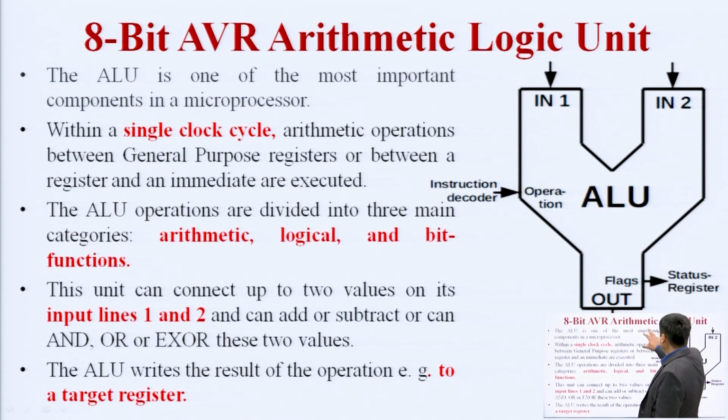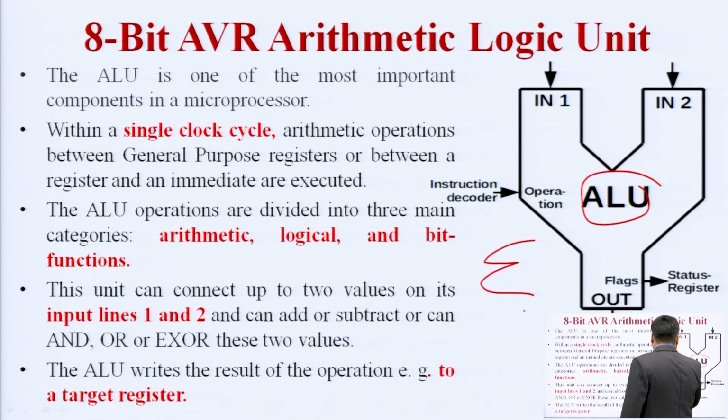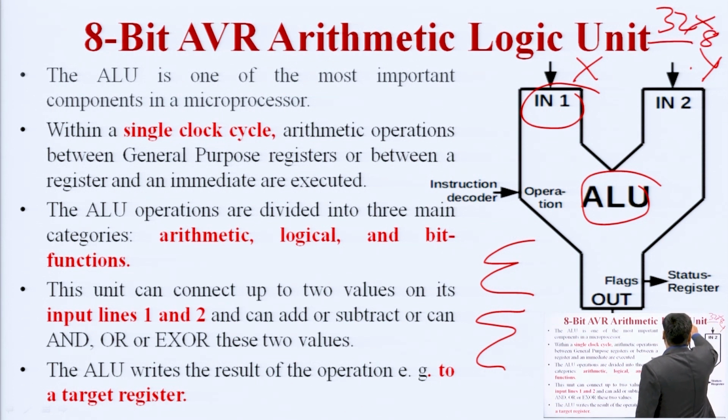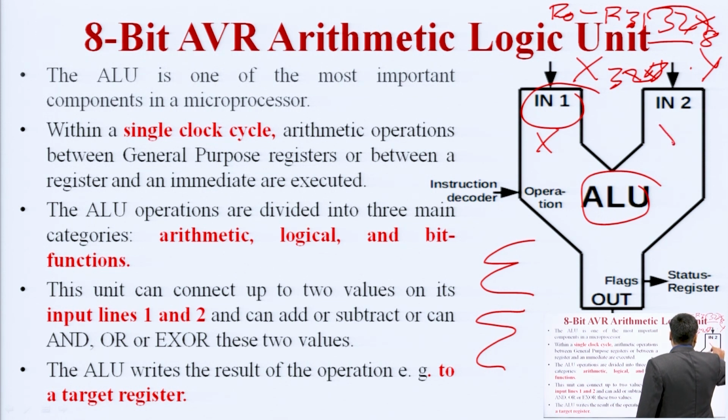In the next slide, we are going into the detailed explanation of the ALU. We have seen in the previous lecture that the ALU has a sign of summation, meaning it is doing ALU operations, and getting data x and y from the 32 into 8 general purpose registers. 32 means the general purpose registers vary from R0 to R31, and each is 8 bits, so we represent it as 32 into 8. The ALU gets the data from them and does arithmetic and logical operations.